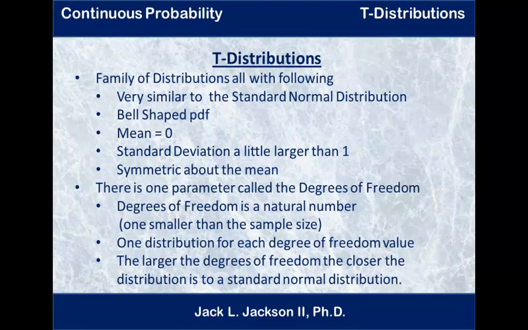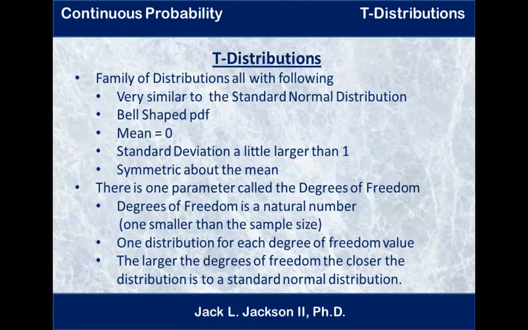There's one t distribution for each value of a parameter that's called the degrees of freedom. The degrees of freedom will be a natural number. Usually it's at least 2 or 3, but it's 1, 2, 3, 4, a natural number. And where these are going to arise is later on they're going to have something to do with a sample and sampling distributions. So when we have a sample here, you take the sample size minus 1 to find the